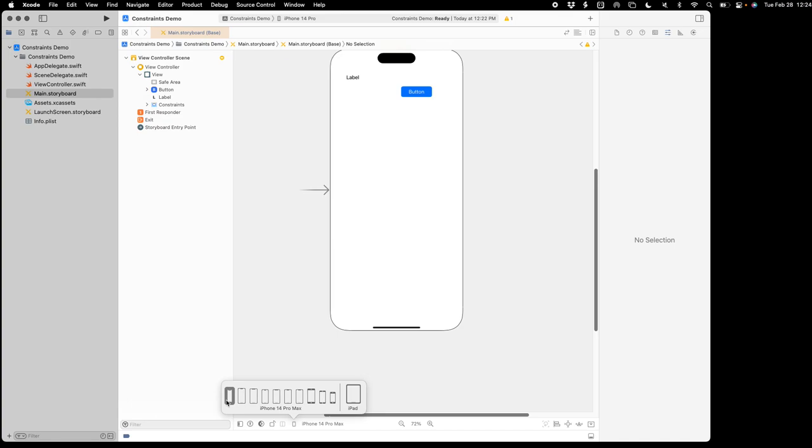A good workflow for this is pick a size device that you think is going to be the most common size device that your user's going to have. And so it's probably not the Pro Max versions, because those are the really big ones. But pick just a common size that you think most of your users are going to use. In a real agency or firm that's building these things, you actually get the analytics that will tell you what's the most popular iPhone that your product is, and you'll pick that. But you'll design it for the ideal one just by clicking and dragging like we've done. And then once you're happy with the layout,